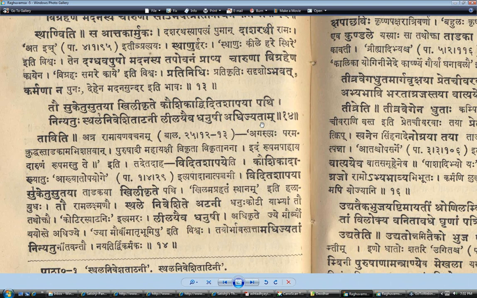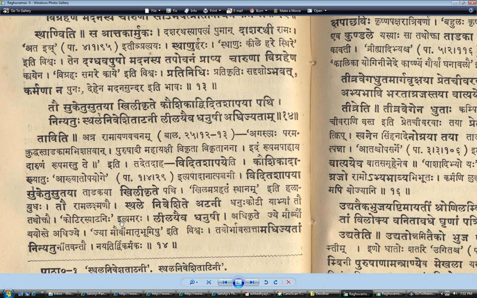Anyway, right now all he's saying in the commentary, and as I said, our job is to understand what Mallinatha is saying. So he's saying ninyatuh nitavantau. Don't even look at the shloka, just look down here at what he's saying. Nitavantau, the two of them took. And nayatih, see, nayatih means the dhatu ni becomes nayati. So nayatih means the dhatu ni only. Nayatih dvikarmakah is all he's saying. So we're going to have two karmas coming here now.